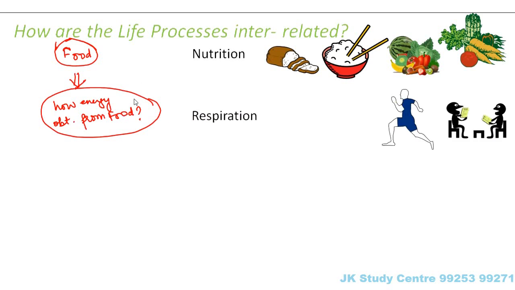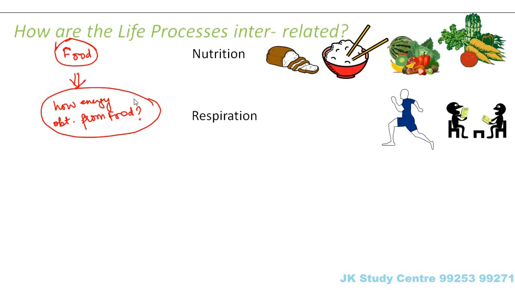So respiration is the process by which energy is obtained from the food which we had taken, and this energy can be utilized for various activities like running, even for chit-chatting with each other. You need some energy, right? If you do not eat something a whole day, if you are on fast for 2-3 days, what happens? You don't feel like doing anything. You don't get that activeness in your body,